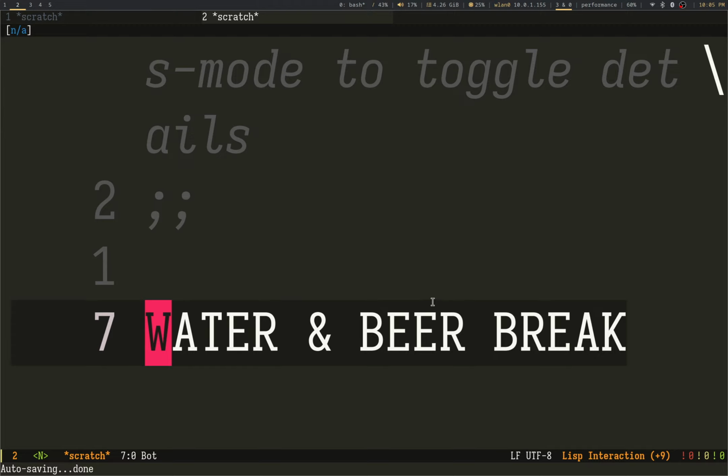Beer break not done. Oh crap, I should have got rid of that. Oh well, whatever. Oh, this one? Alright, I got it. I gotta toss these caps before I forget. One second.